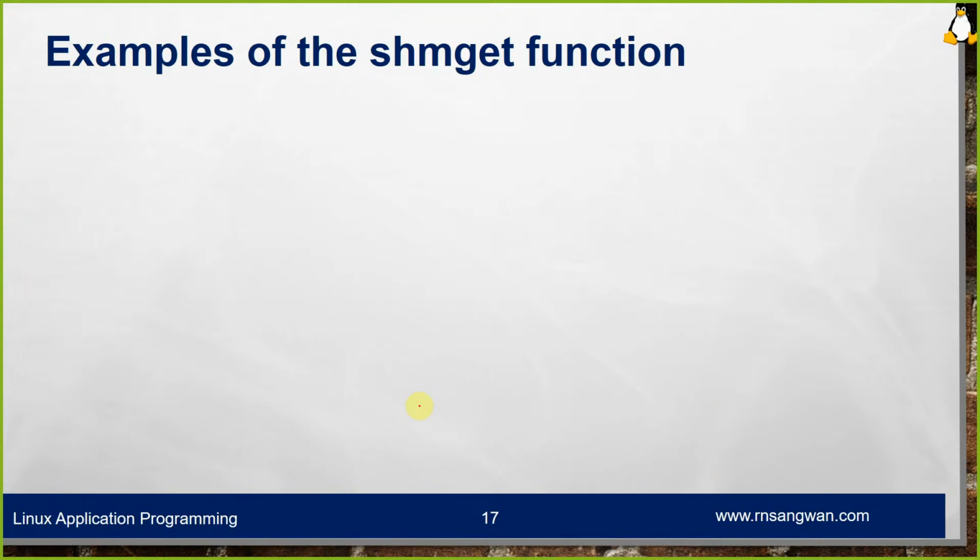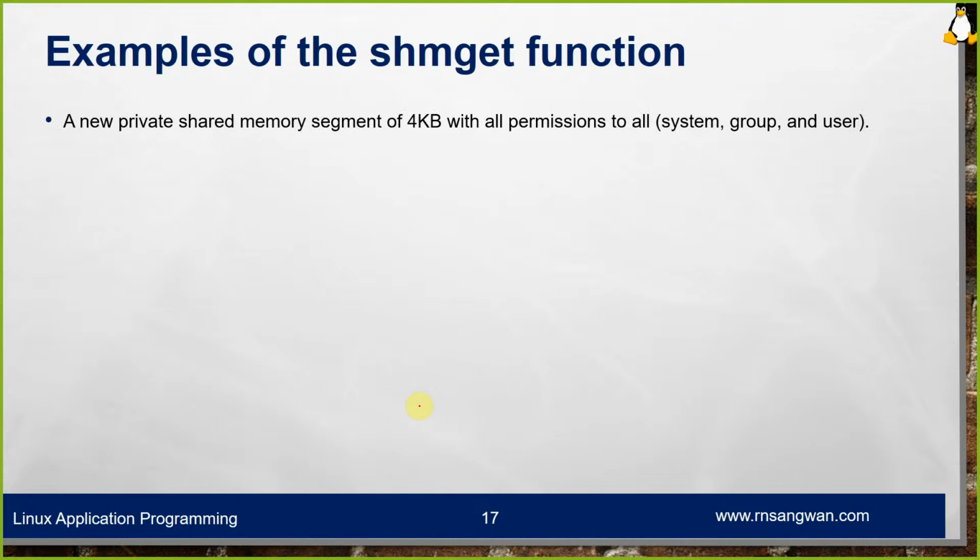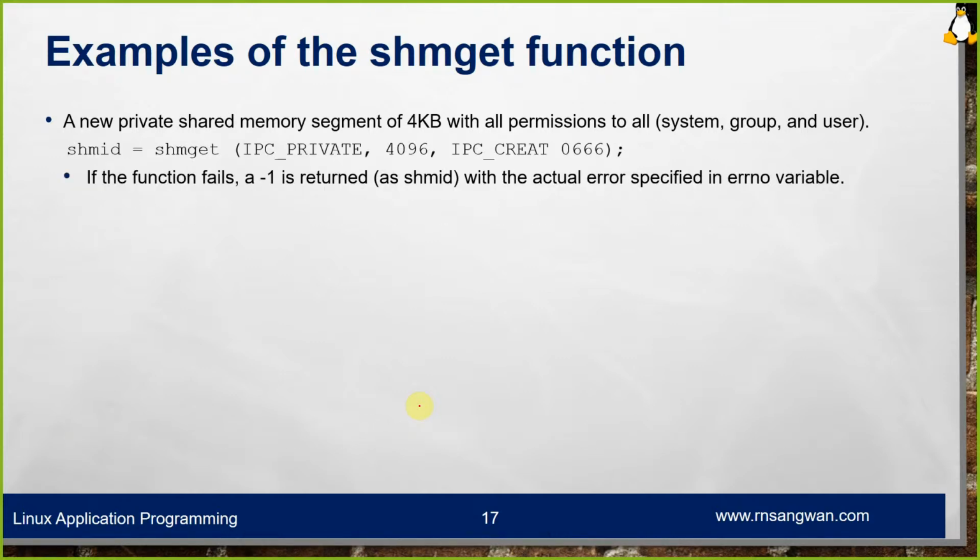Examples of the shmget function that were there in the quick walkthrough also. This is another example: a new private shared memory segment of 4 KB with all permissions to all, that is system, group, and user. The call will be something like this: IPC_PRIVATE, 4096, IPC_CREAT and the permissions. If the function fails, -1 will be returned as the shmid, with the actual error specified in the errno